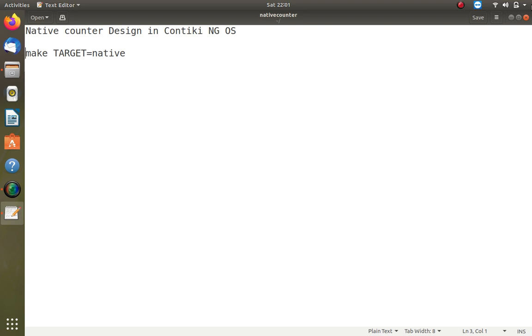We are going to see how in regular C programming we can create a counter, and later on how Contiki NG uses these existing C source codes and makes them available using protothreads. So that's what we are going to see. There are various steps here. Step number one is